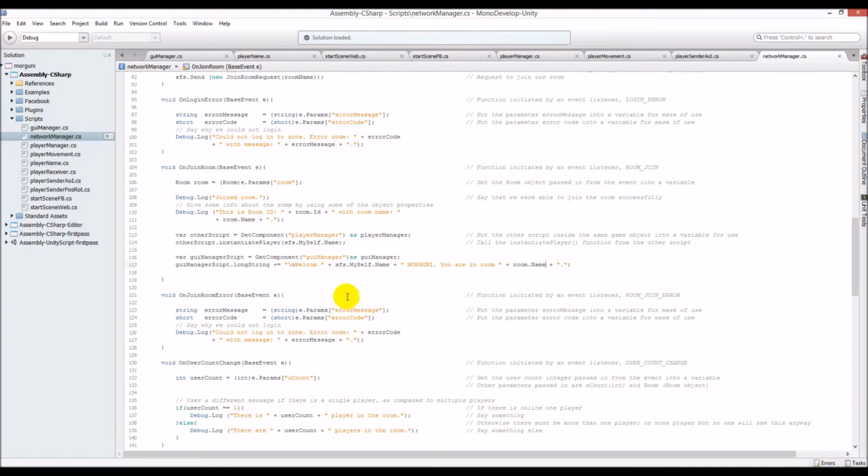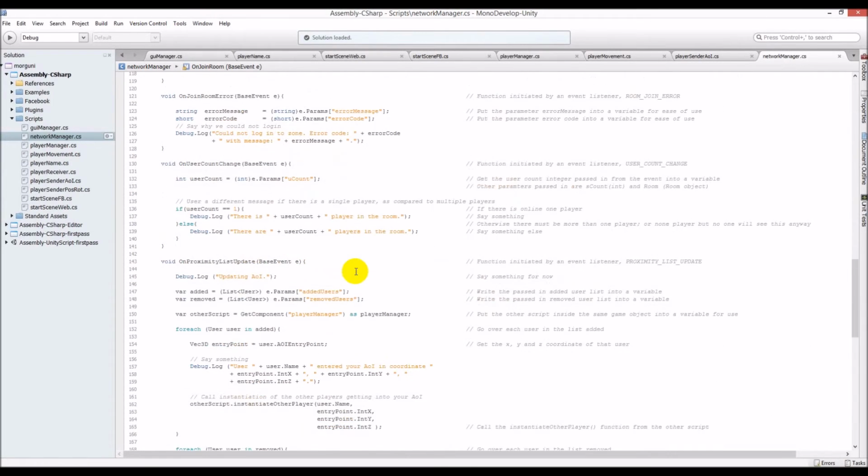That's cool, but let's just make sure that our spelling is somewhat okay. Welcome to MORGUNI. You are in room, since this is the only room we have, right? And anyway, does the user need the room ID really? No, not really. Then we have ourselves. Okay, it's cool. So this message is a message everyone will be getting in the future,